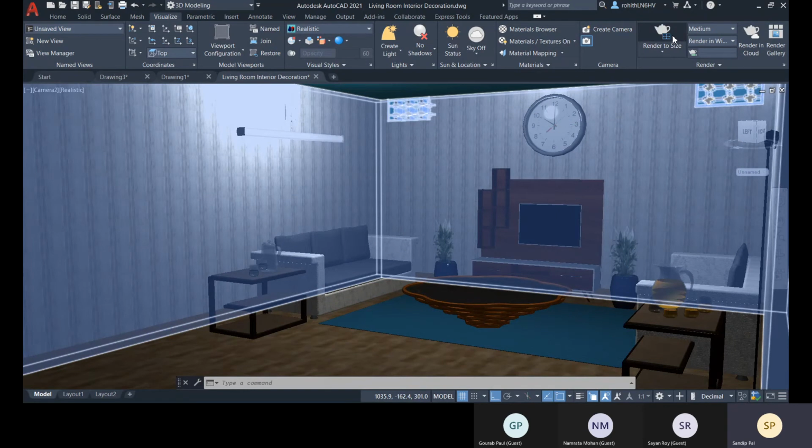So now choose the render to size. Here it started initializing, so when it fills up to 100%, then it will be done. After that you can save it as a rendered image to a file from this option.